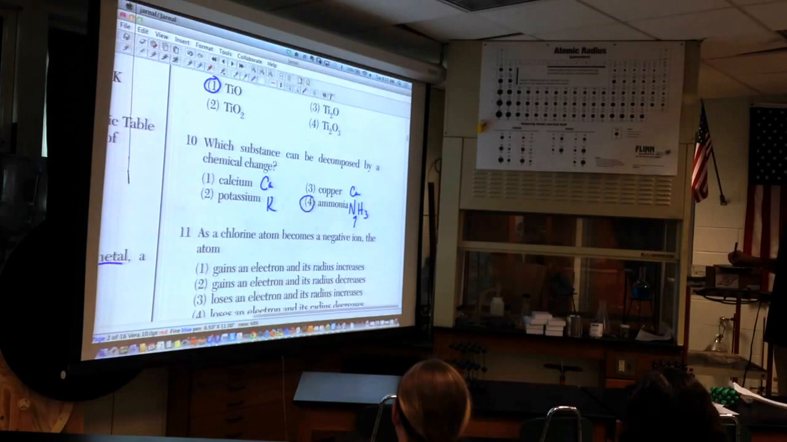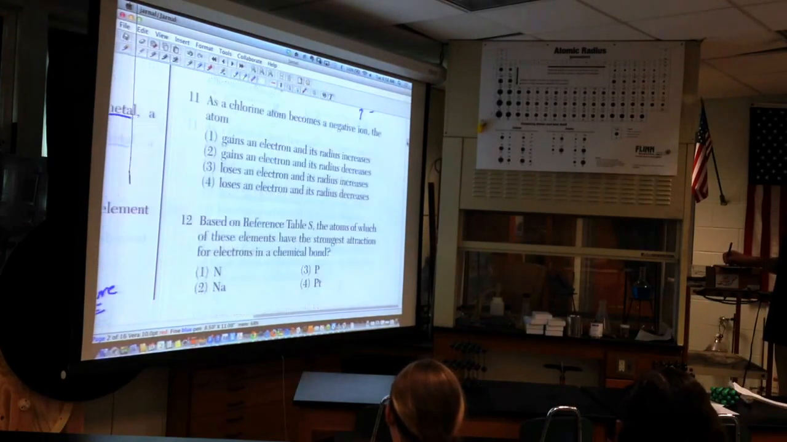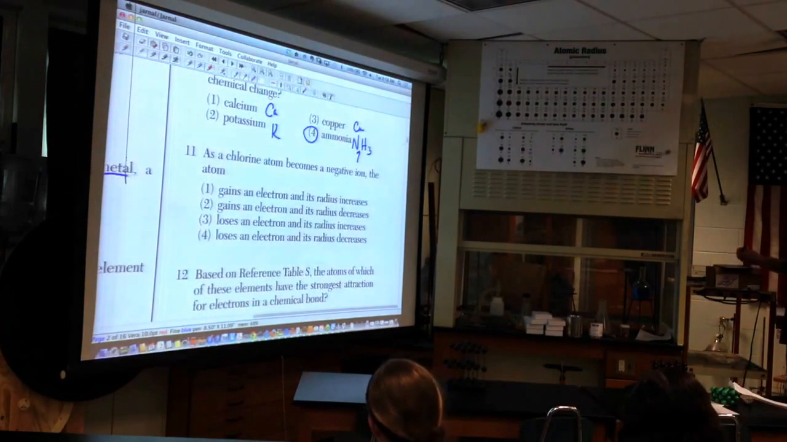Choice 4. Number 11. A chlorine atom becomes a negative ion. The atom